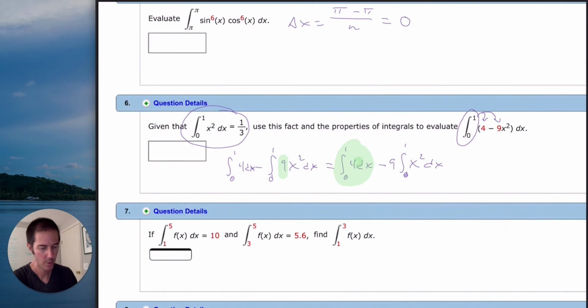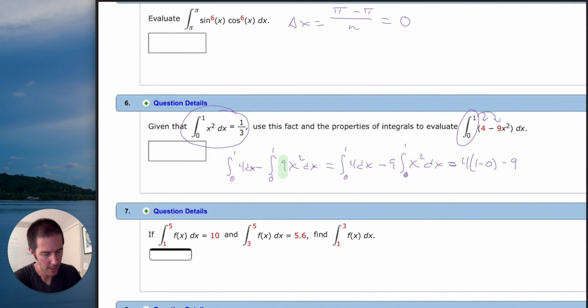So what you're really finding is the area of a rectangle that has a height of 4 and a width of 1 because it's going from 0 to 1. So that is equal to 4, where you could say that it's equal to 4 times 1 minus 0, upper minus lower,